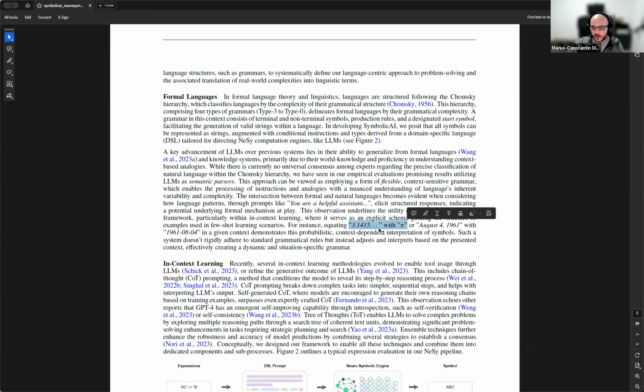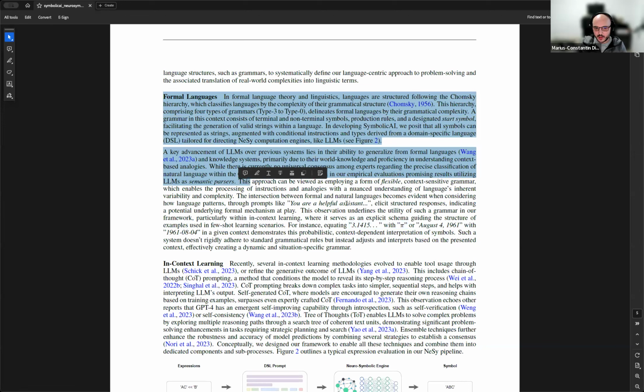So this is how we do the associations between different abstract concepts. And then we have dedicated operators that bridge the gaps between the different associations. And then we just let the neurosymbolic engine, in this case an LLM, because they're very proficient in this association evaluation, give us the results back. Obviously, our framework is very grounded also in formal languages, as you see here as a paragraph, and also